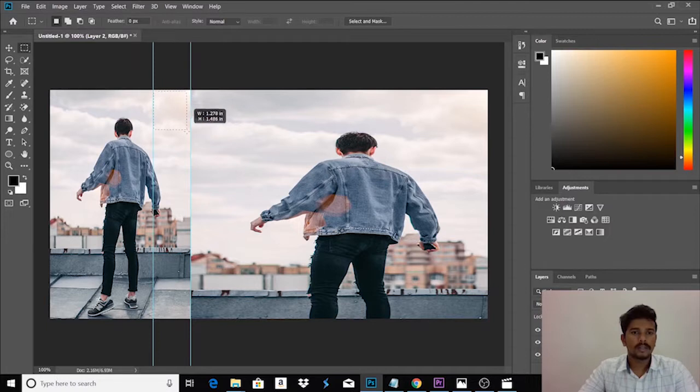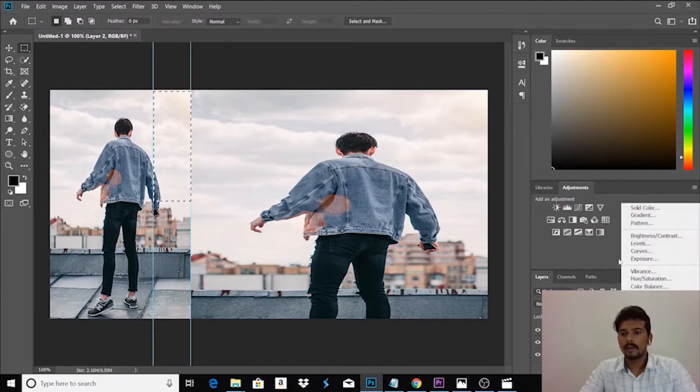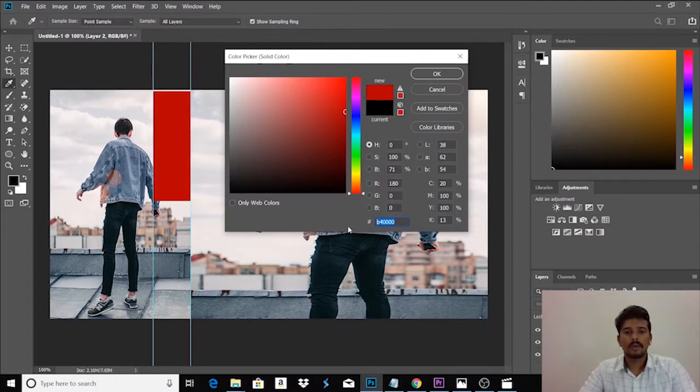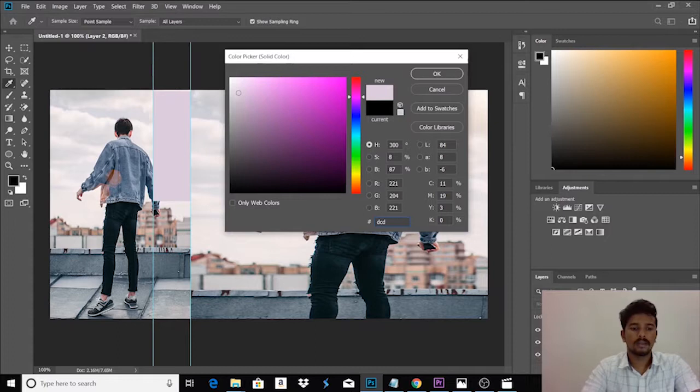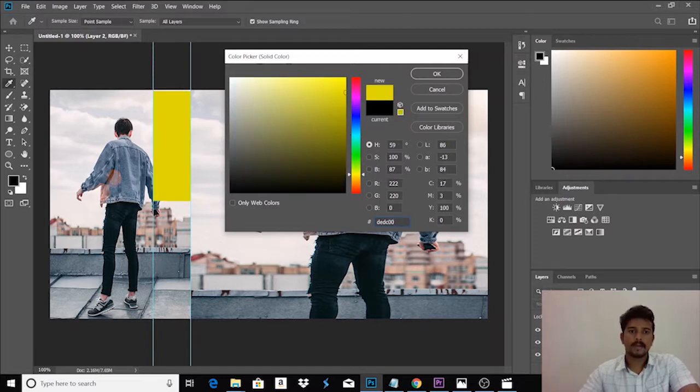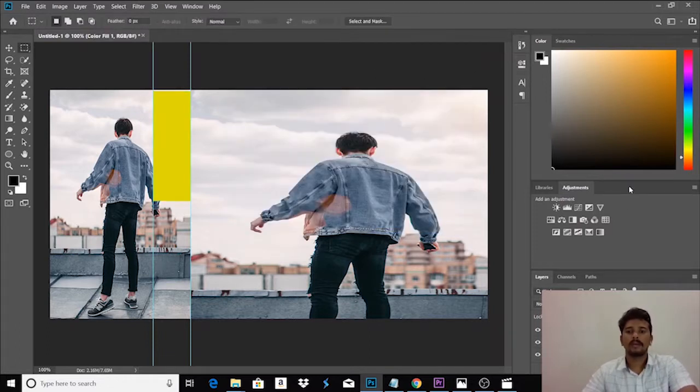Select one side of the vertical view, and then go to this solid color and keep changing around this one. So right now I'm working with the color. Okay, that's okay. Now I'm just selecting another layer,